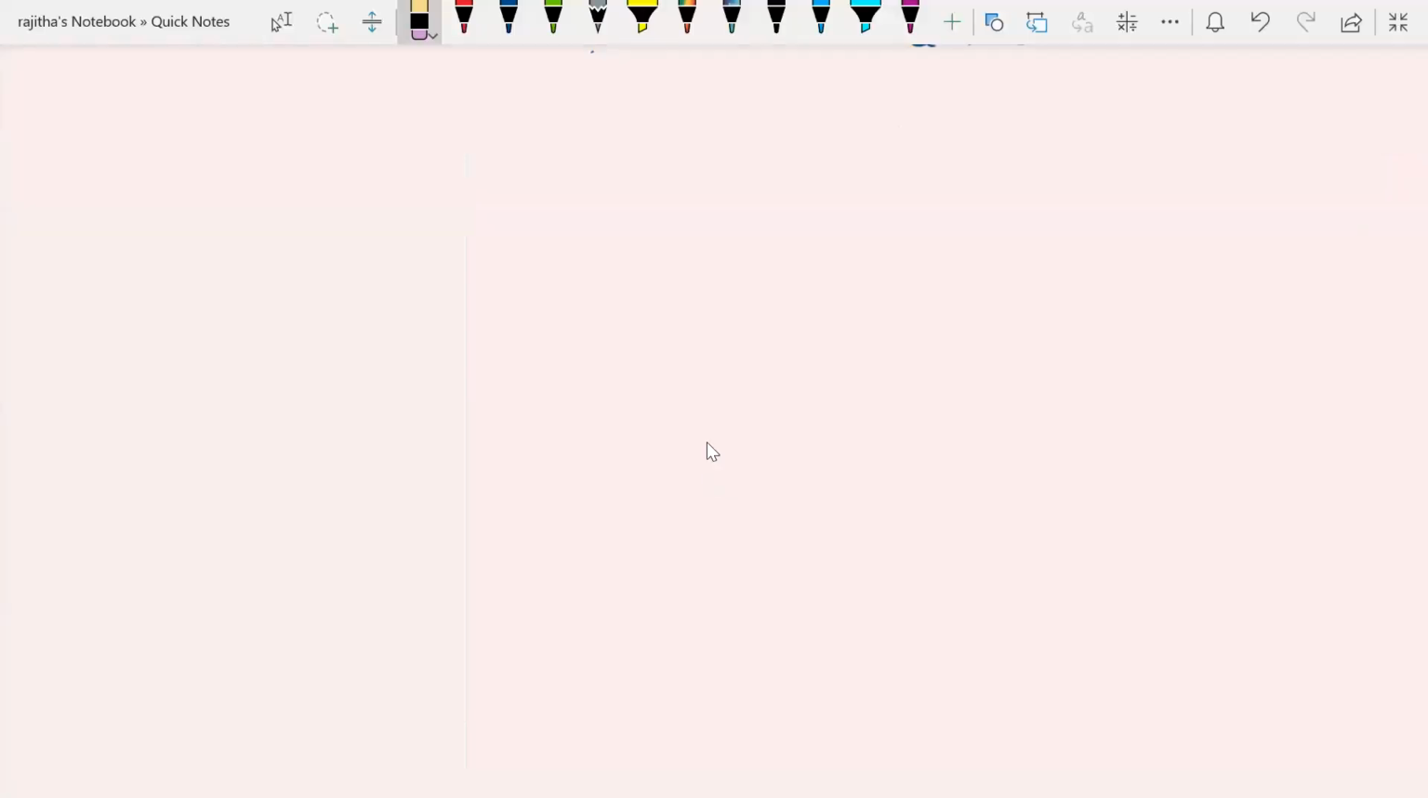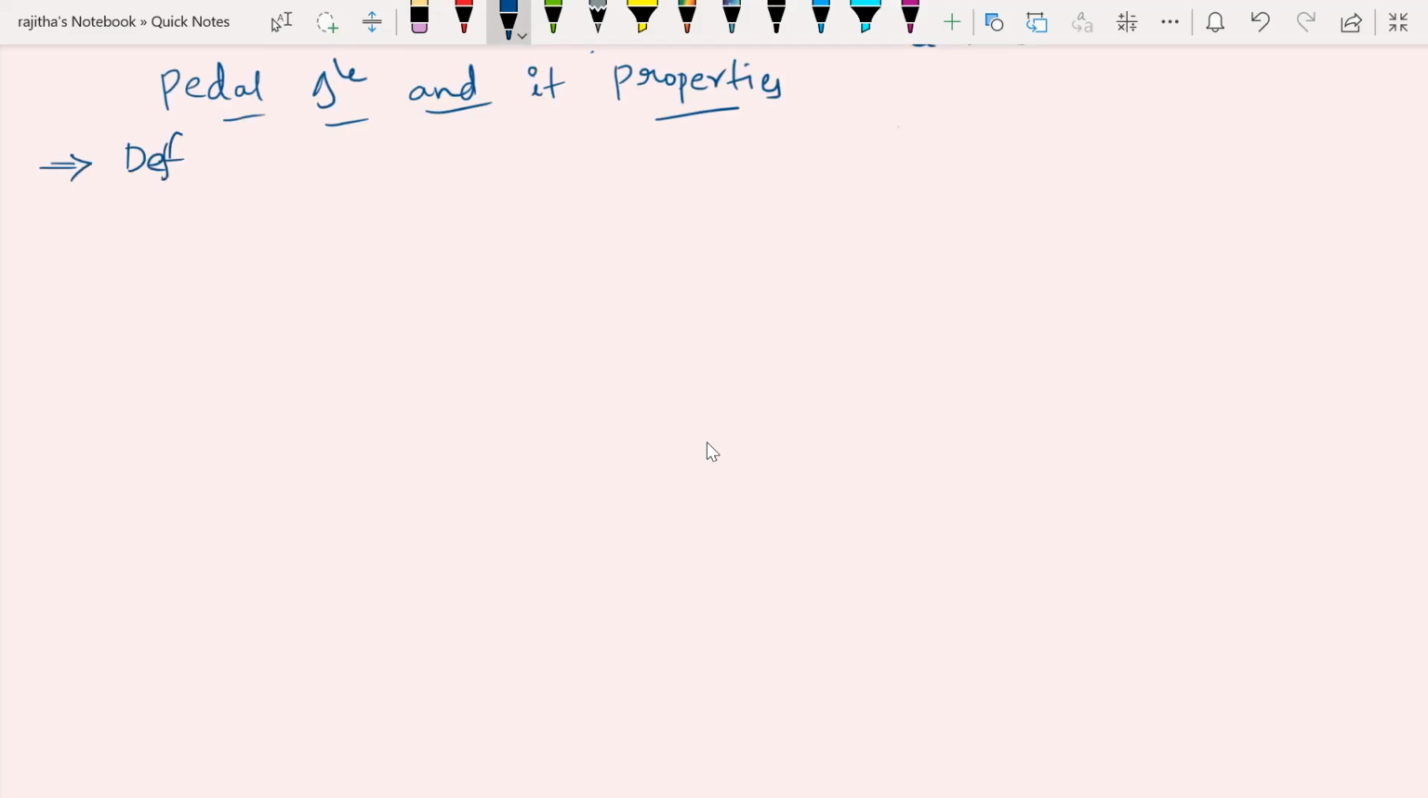Good morning, everyone. Today I'm going to explain one of the topics, the pedal triangle and its properties. First of all, I'm discussing what is the actual definition of a pedal triangle. After that, the next one is the distance between